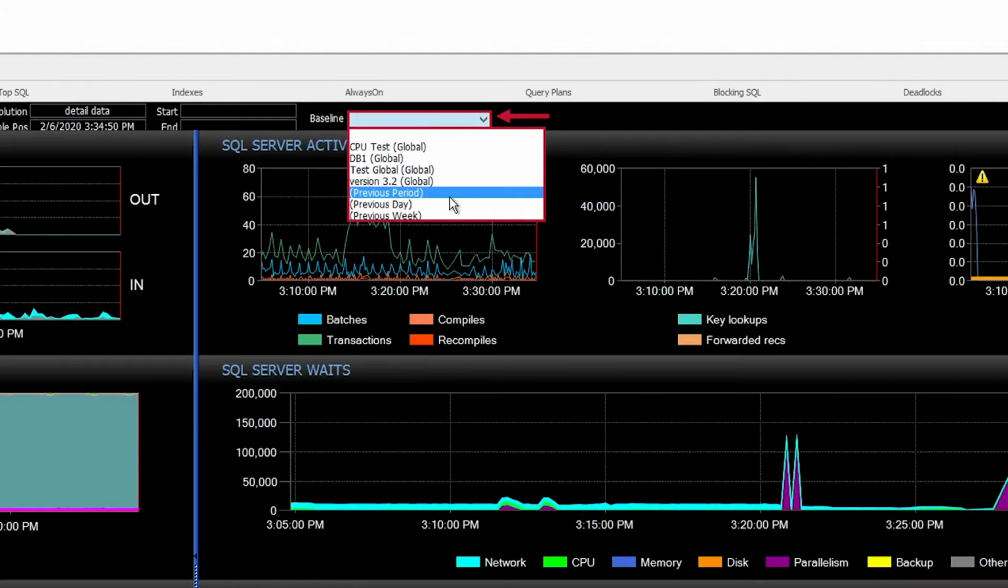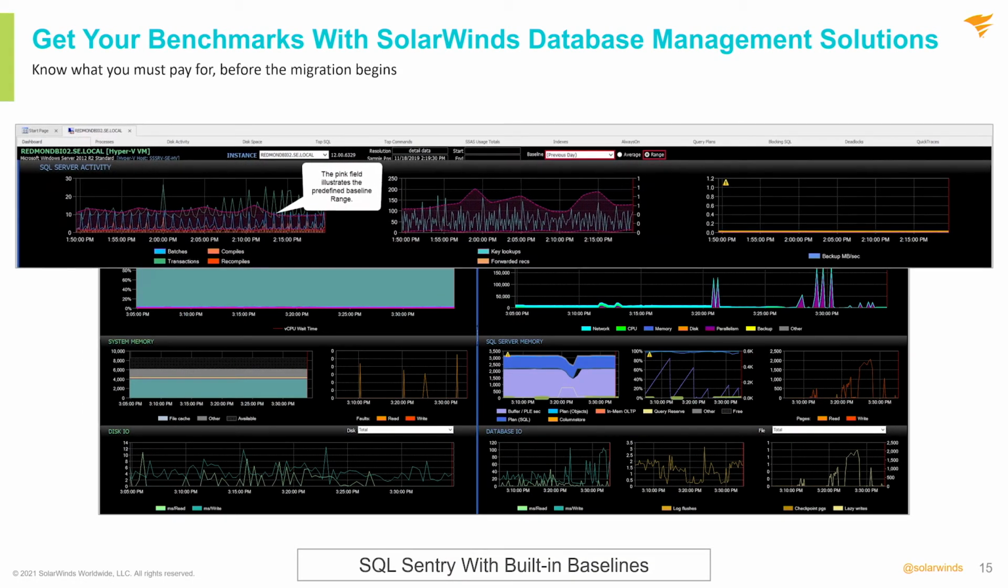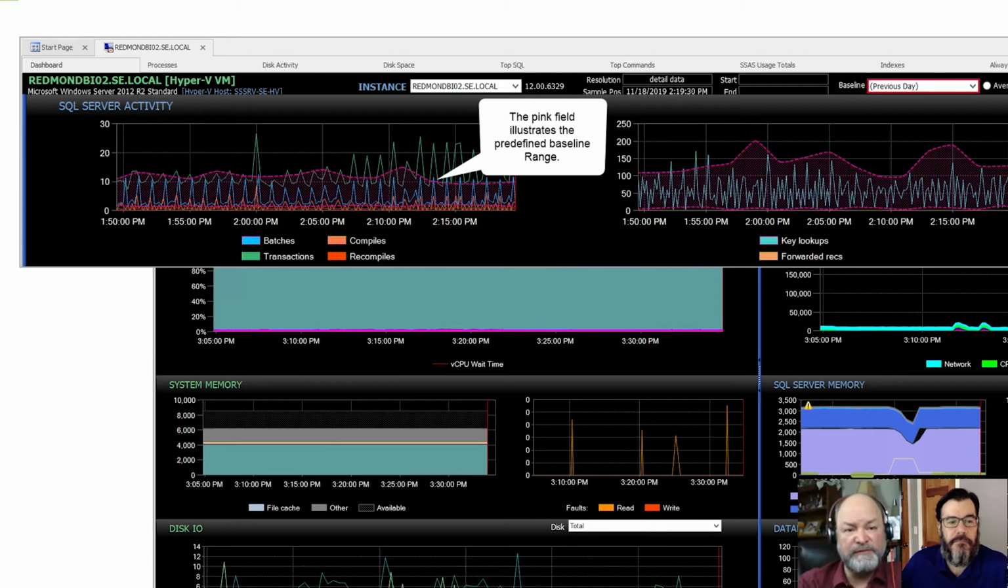I want to compare what's happening right now to this time yesterday. And there's also custom ones. You can define your own, maybe the busiest day of the month or things along those lines. And you can display them here on your screen, everything in between this band of pink kind of dots, if you will, shows you what your high water mark is, your low water mark,